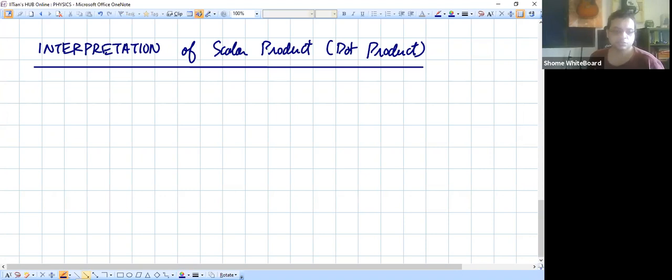Okay, so if we are having two vectors, like let's say this is the vector E,